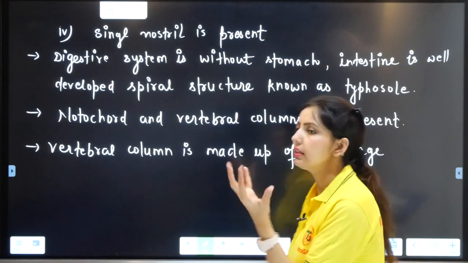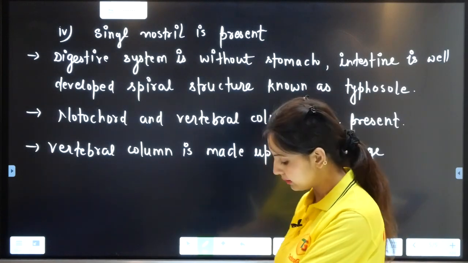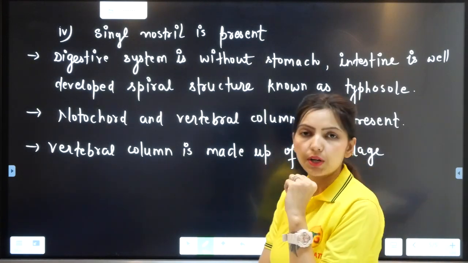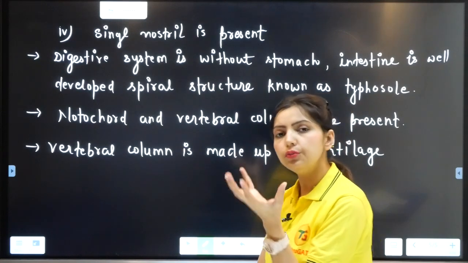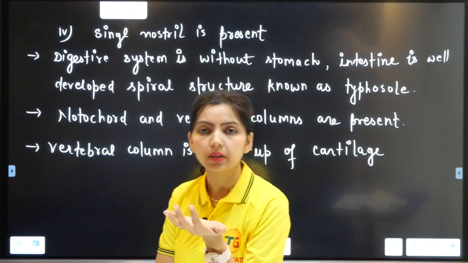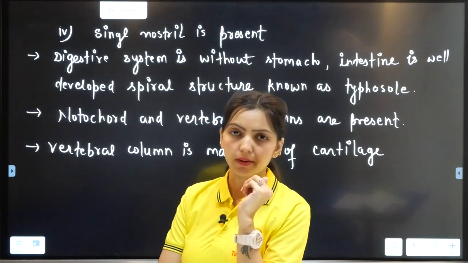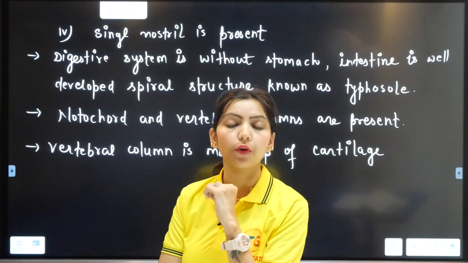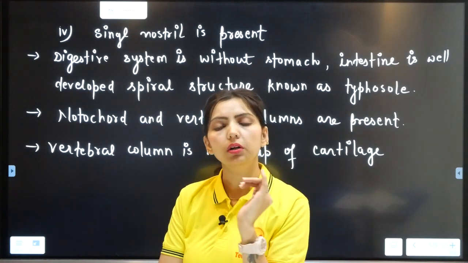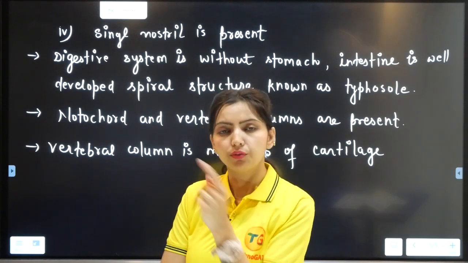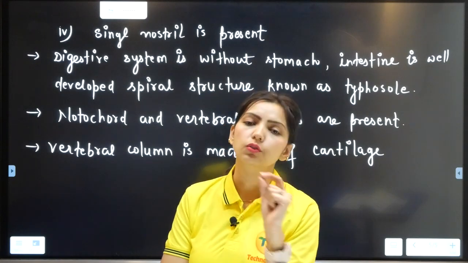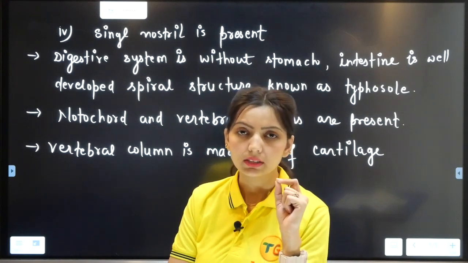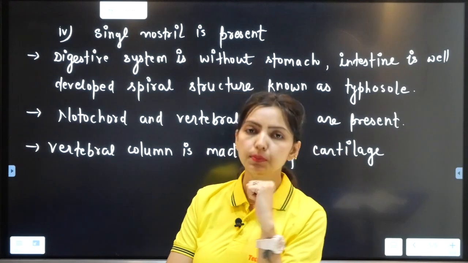So the first time when strength was observed in cyclostomata, that means the formation of the vertebral column. Yes, the vertebral column was there, but it was not the same as our vertebral column. Why? Because our vertebral column is made up of bones, while the vertebral column of cyclostomata was made up of cartilage. So although they are functionally similar,